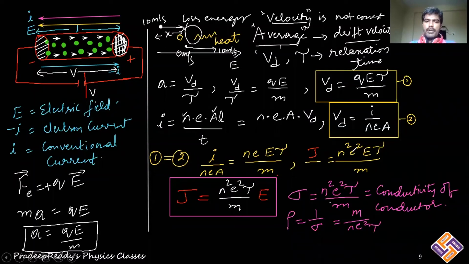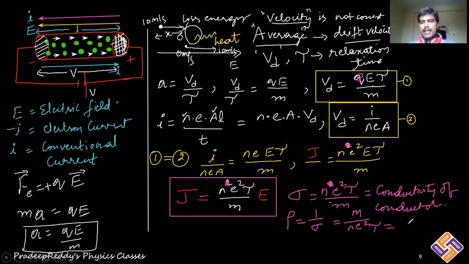Of course, n square approximately I am writing it as n here, because whenever you are dealing with drift velocity, we are considering only one charge. So you can take this as e only, and therefore here you will be getting only e, and that n comes over here. So I can remove this n, one more n which is carried from here. I am removing that because instead of Q, I am writing only e as the charged particle. So rho can be written as m divided by n e square tau.